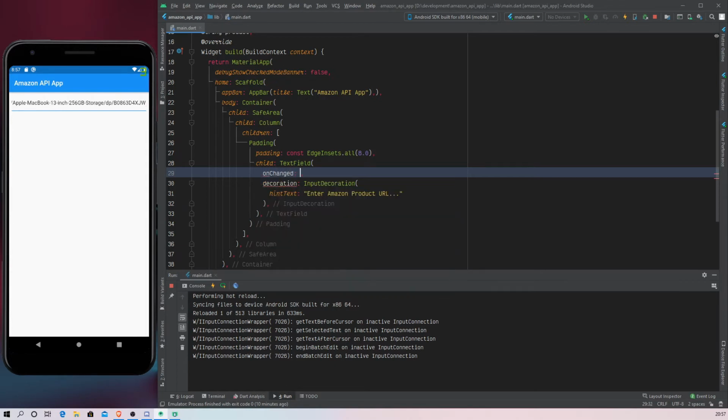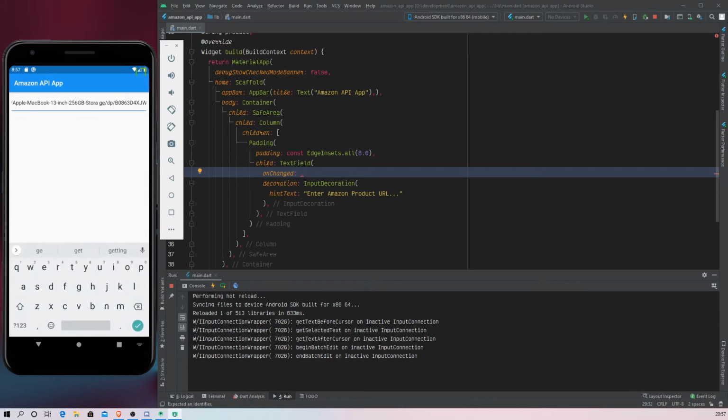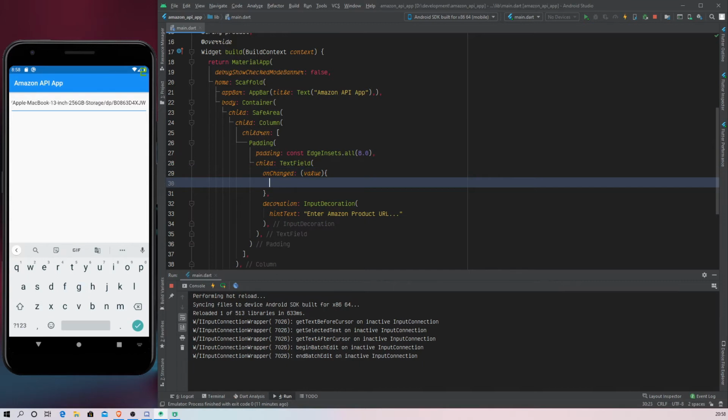So every time we change this, say we add a space or a new character or backspace, this function is called and it takes an argument value. So this value is basically whatever we type here, whatever we type after making the change.